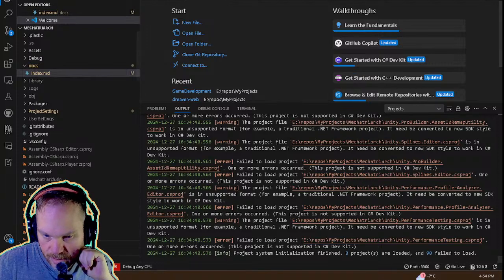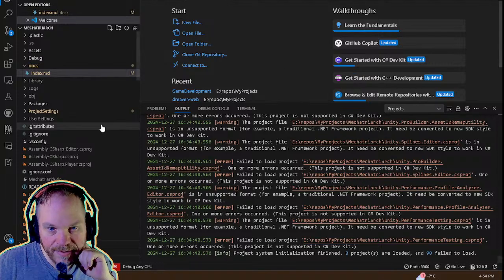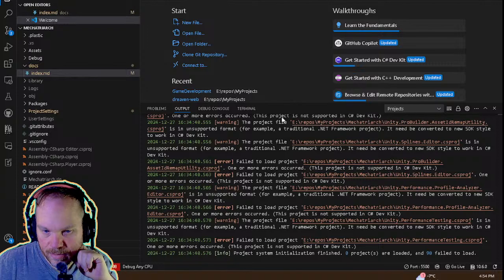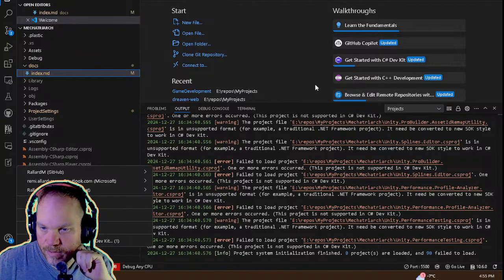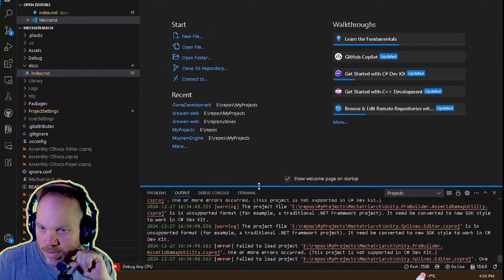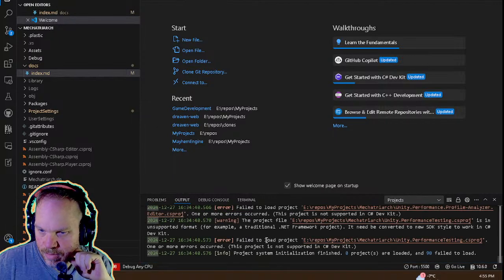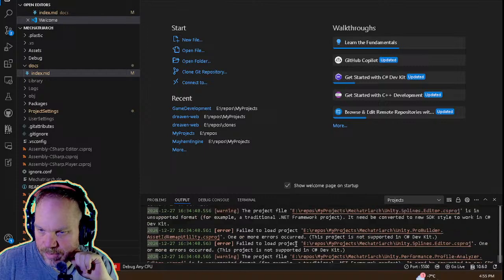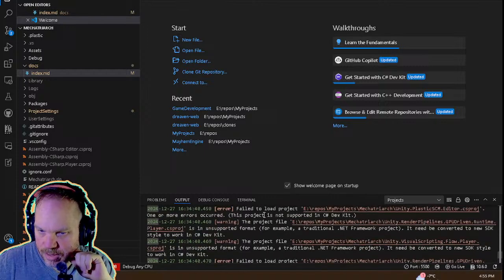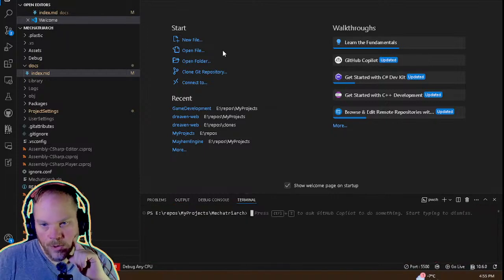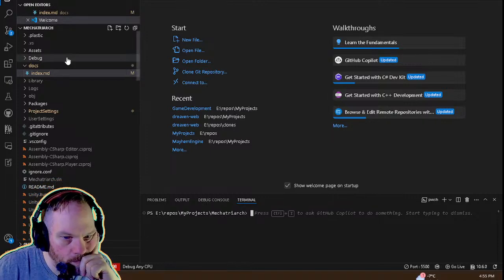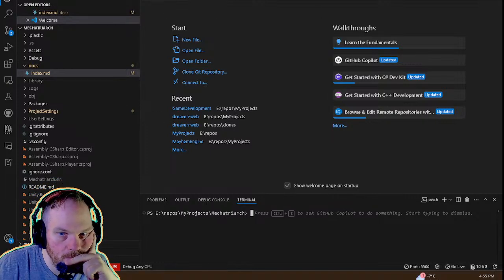This is all Unity stuff. I don't want to deal with that in there. I don't want to grant access to. So I will. I don't want it to check that. Okay. Back to